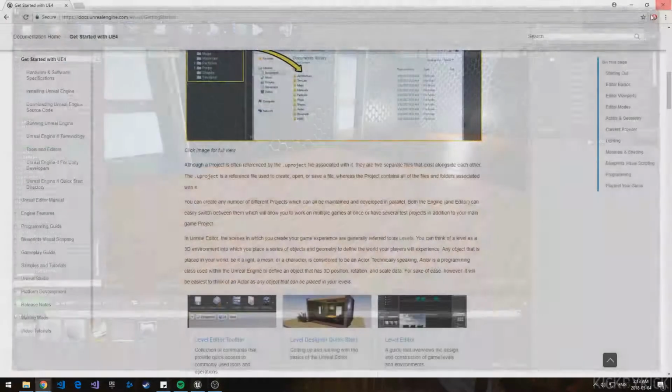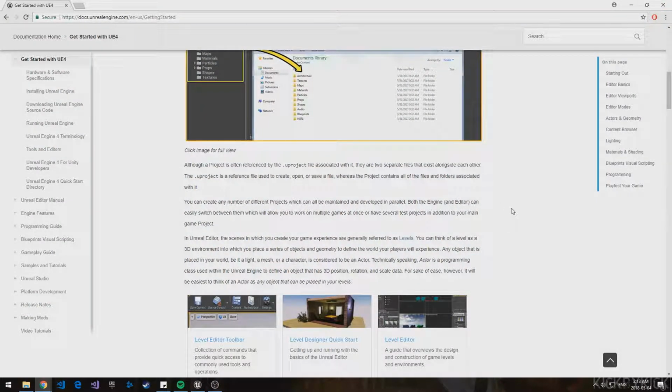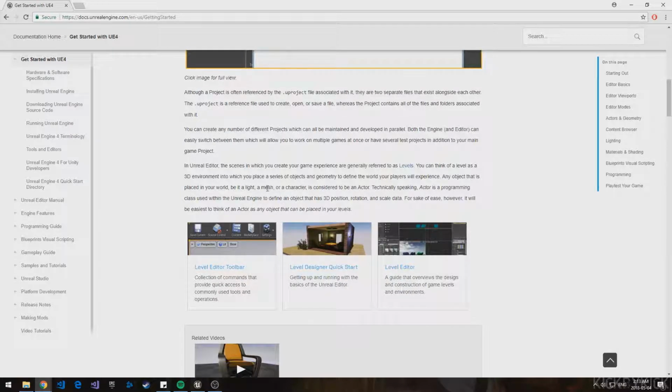An actor is basically anything you can drop into your level. It could be a light, it could be a mesh. For those that don't know what a mesh is, it's basically a 3D object. That's all you need to know. So whatever you can drop into the level, into the map, let's say a light, a mesh, a character, is